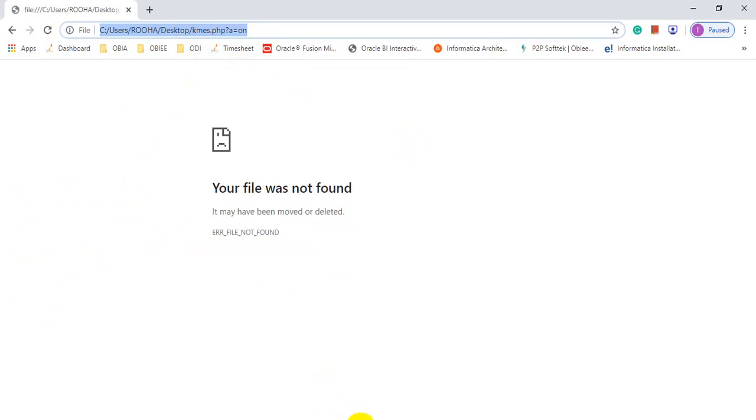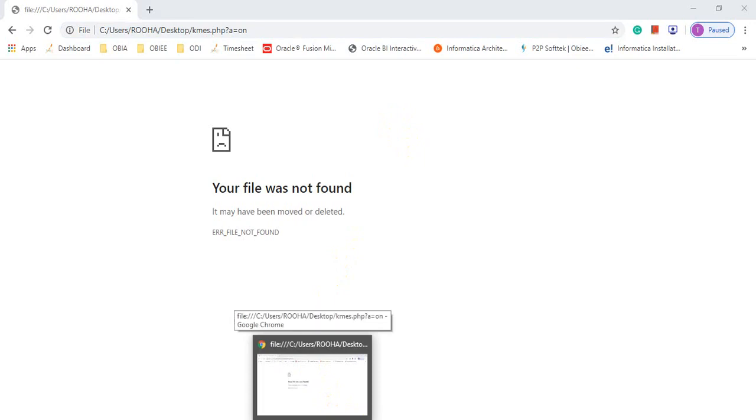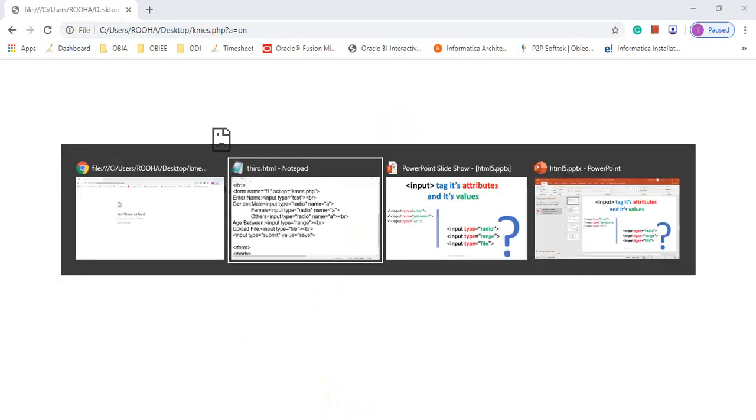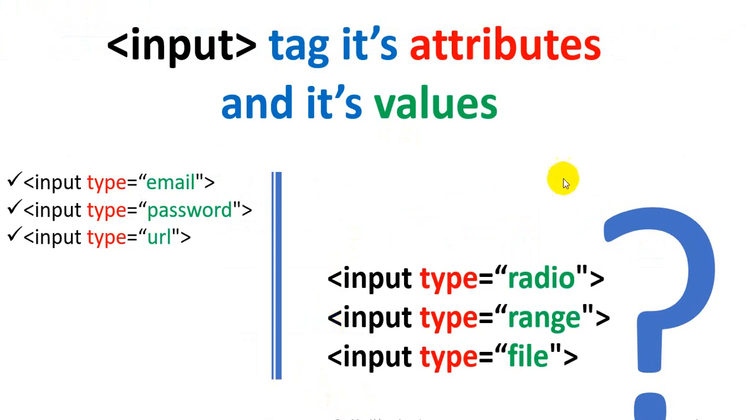So we have completed today's topic. I just want to recap this video lecture which we have started. First we started with the input tag, and in the input tag we saw the radio button. In the radio button, the important thing was to take the name attribute and assign the same name to all the radio buttons. Then we saw the range input type. What is the range attribute? This is the attribute used to assign a certain range starting from 0 to 100, the default value given by HTML5.